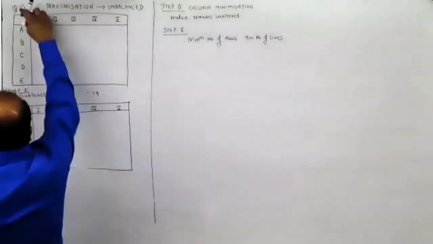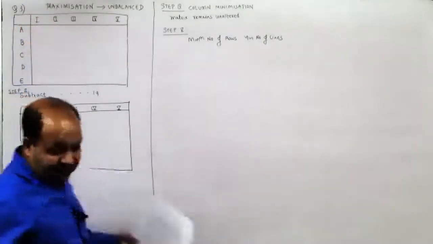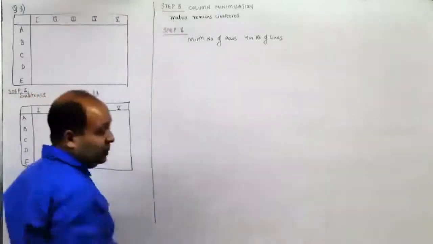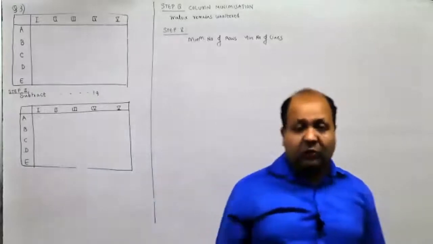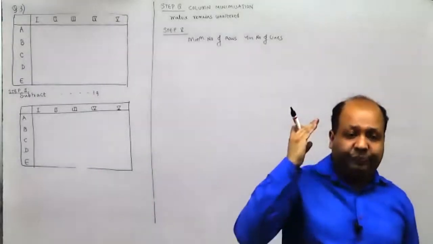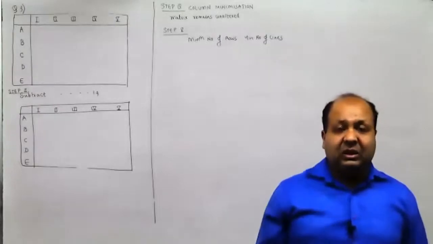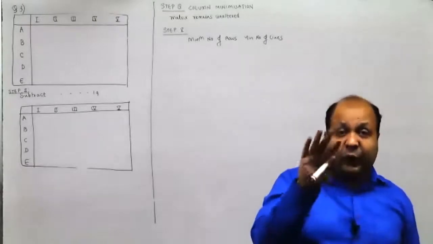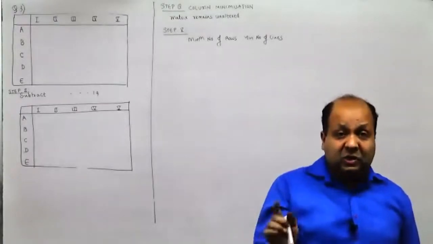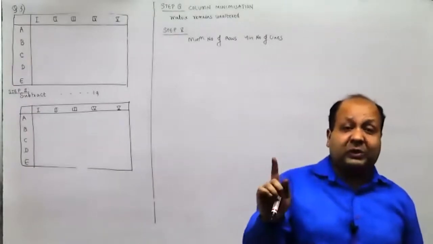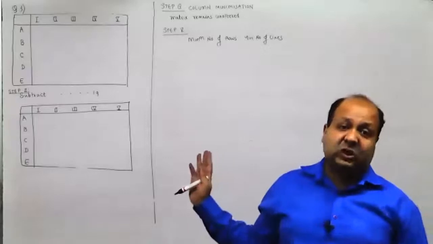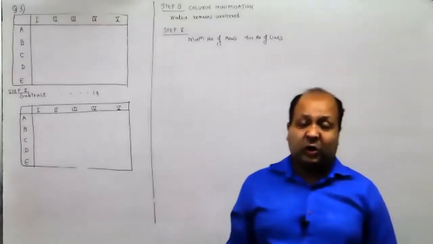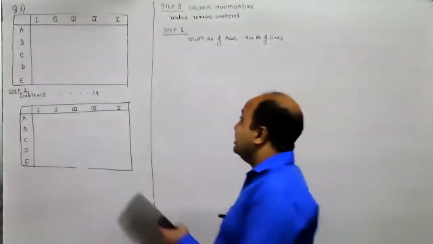Question 3. Now remember, one question of minima maxima and one question of assignment or sequencing is sure for your board exam. Both the questions are sure, but it may be asked for 4 plus 2 or 4 plus 4, 8 marks. So if you know 8 sums of this topic, you can be sure of scoring at least 6 marks in this particular topic. And for that, you need to do hardly 9 or 10 sums.